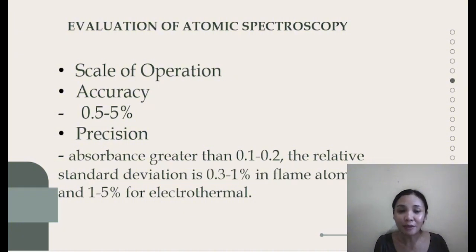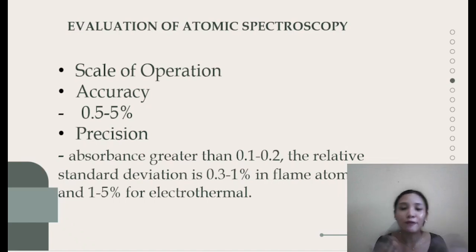For minor and major analytes, the sample is first diluted before analysis because usually the concentration that is appropriate under atomic spectroscopy is meso and macro samples. Next, we have accuracy. The attainable accuracy value is just 0.5 to 5% only. That is the accuracy. Next, when it comes to precision, for absorbance greater than 0.1 to 0.2, the relative